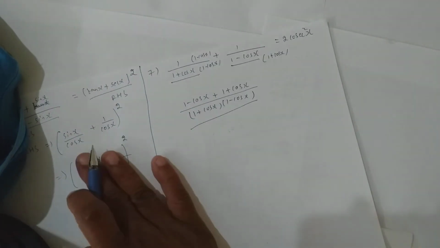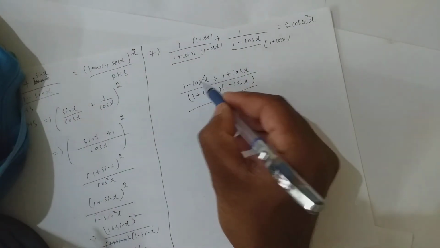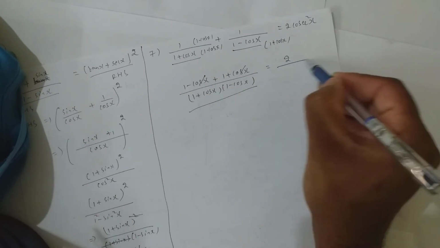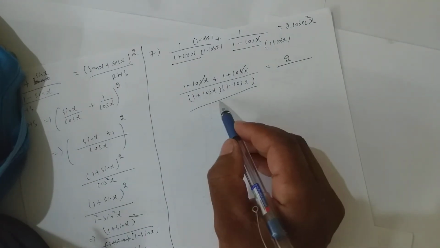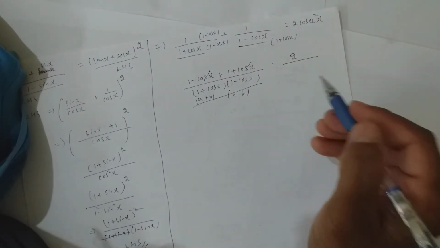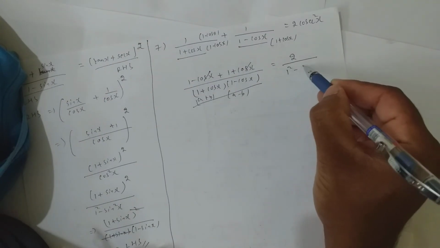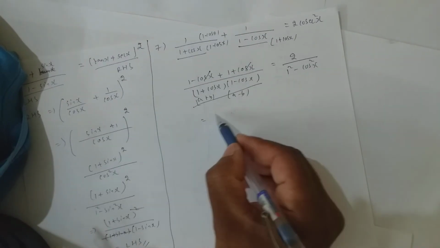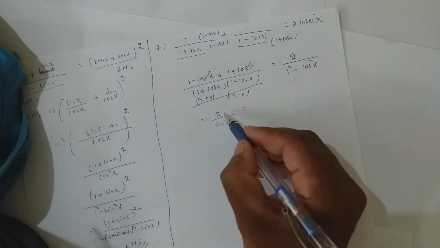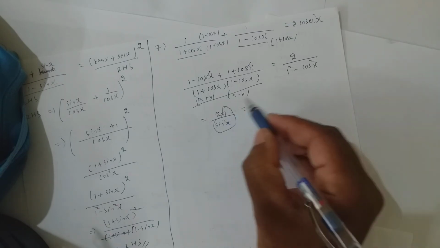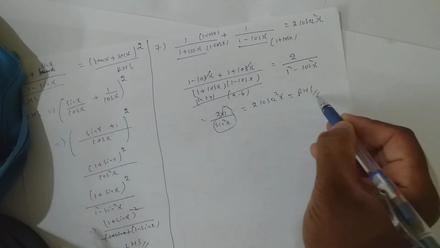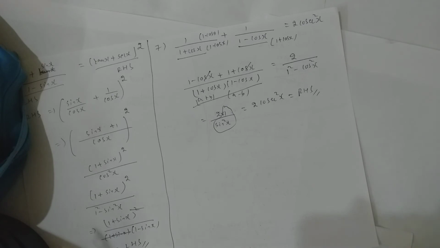Now let us simplify. What gets cancelled? Cos x and cos x gets cancelled. 1 plus 1 is 2. So it becomes 2 by. You can see here it is of which form? A plus b into a minus b. A square minus b square, which is 1 square minus cos square. So 1 square is 1. 1 minus cos square is sin square x. So now 2 into 1. So 1 by sin square can be written as cosecant square x, which is my RHS. We proved it. Am I clear?